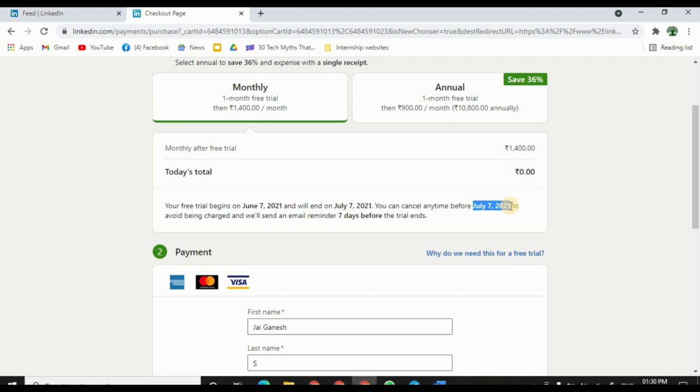In case you are interested to continue a subscription, you find all the courses very usable, or you don't have sufficient time to complete enough number of courses, then you can extend your subscription for another month by paying the preset amount, that is 1400 per month. But for 30 days, you are completely free to take up all the courses. I think in 30 days of time with a smart learning plan, you can complete enormous amount of courses and you can bag enough amount of certifications.